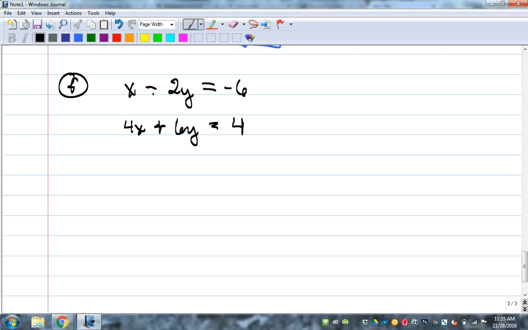But one of them is pretty close to that. The top one has almost got x by itself. It would be one step to get it there. How would I get x by itself in the top one? If I add 2y to both sides, that's going to give me